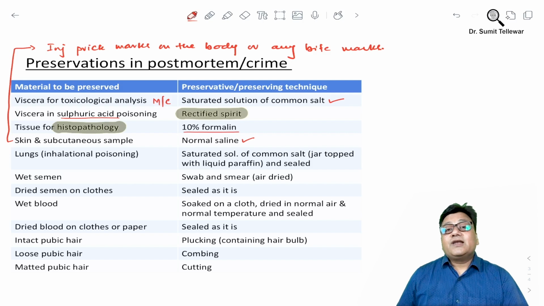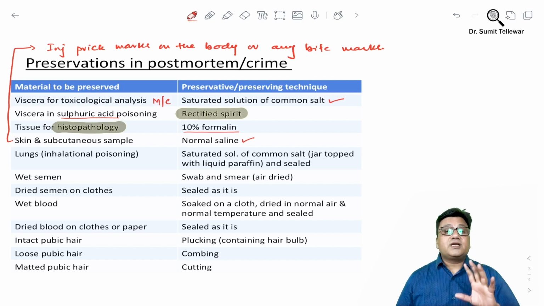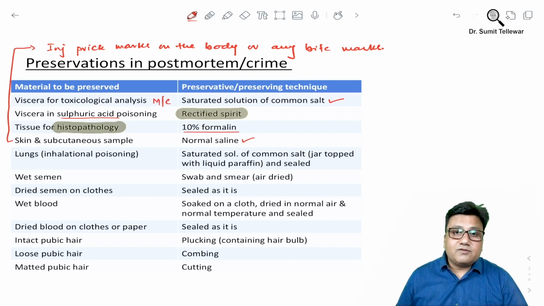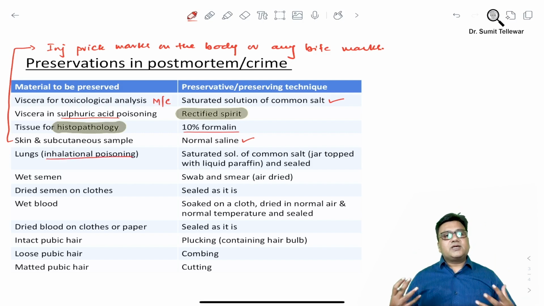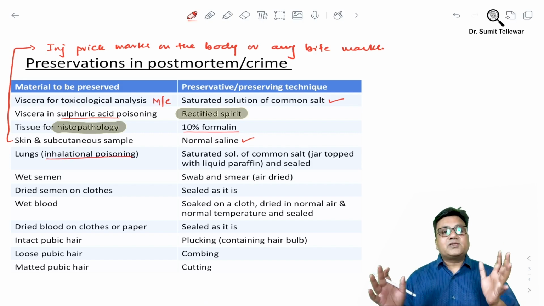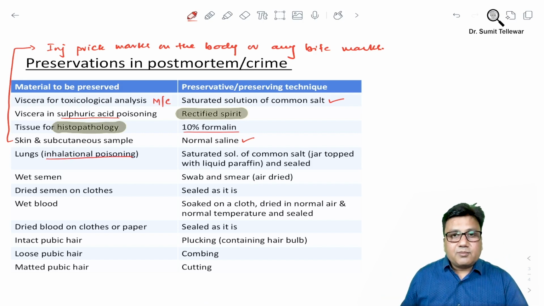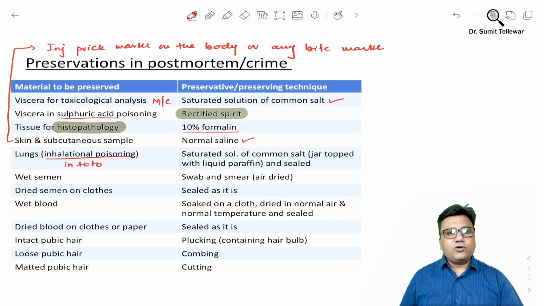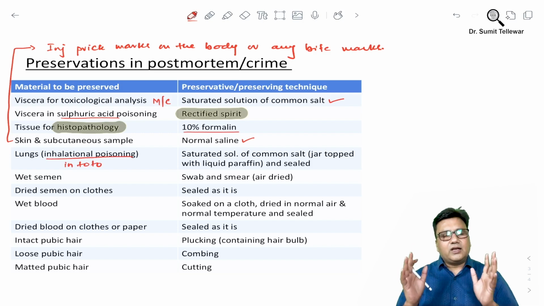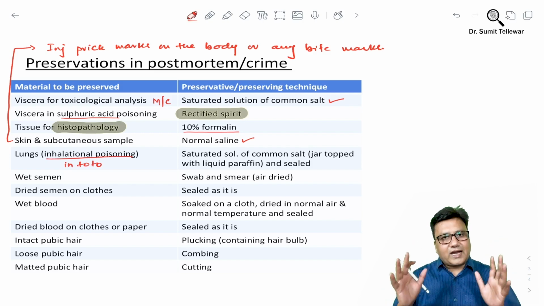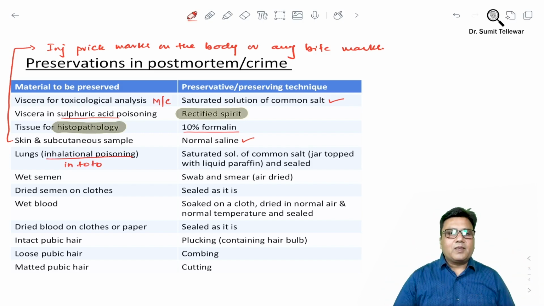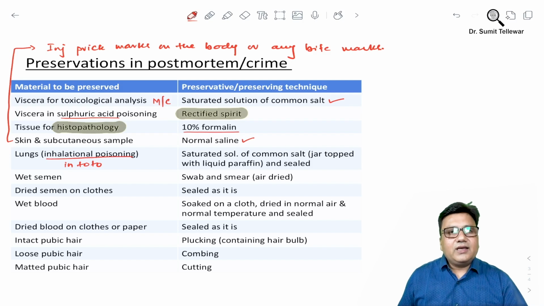What if we are preserving lungs, and lungs का preservation कब किया जाता है? Lungs are to be preserved in cases of inhalational poisoning. So any kind of inhalational poisoning has happened, the person has died, and we are preserving lungs. So first of all, remember, lungs are preserved in toto. So we do not cut segments of lungs or lobes of lung. We preserve whole lung, both right lung and left lung, and we preserve the lung in saturated solution of common salt only,